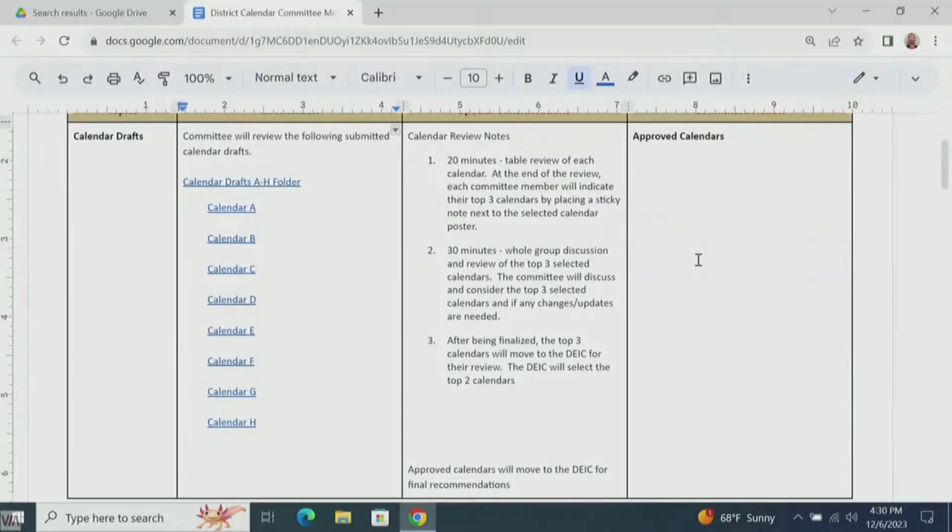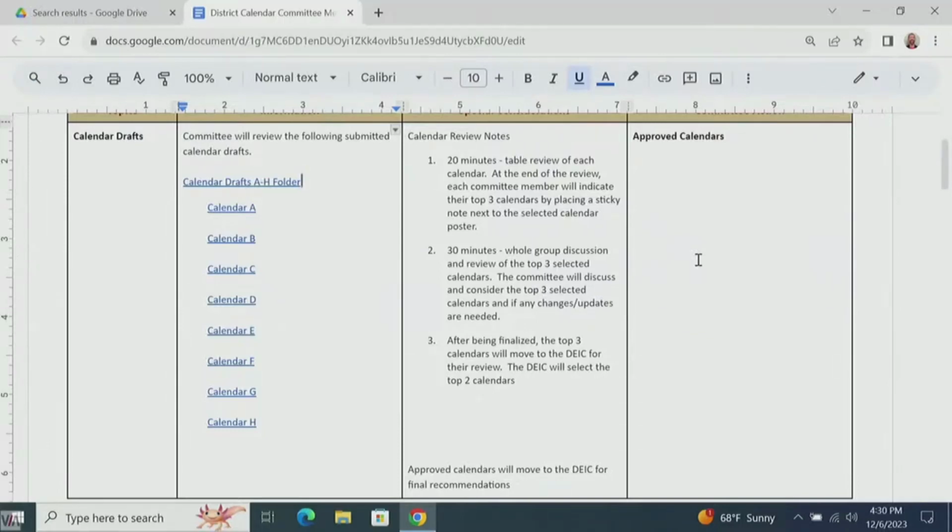Okay, there's been a few discussions about the number of days maybe not being completely accurate. So each table is gonna be responsible for counting the number of days on a specific calendar, so that before we start voting on which calendars are our top calendars, we can ensure all of them have the appropriate amount of school days, which is 187 for teachers, 180 for kids. Yep. Right. 180 for kids. Okay, so